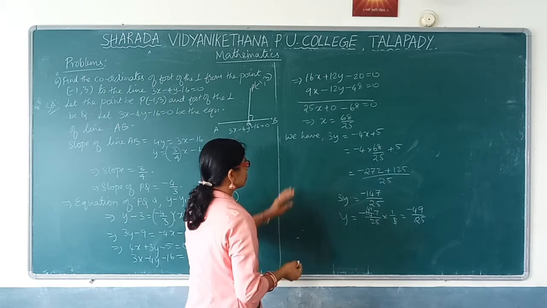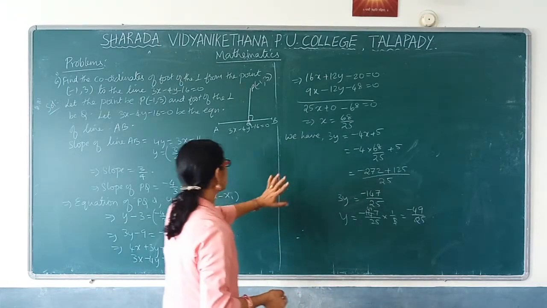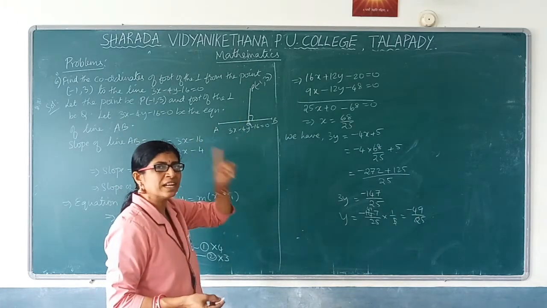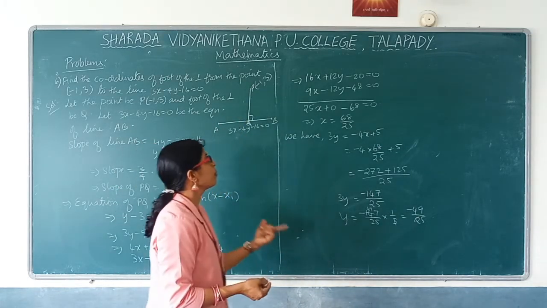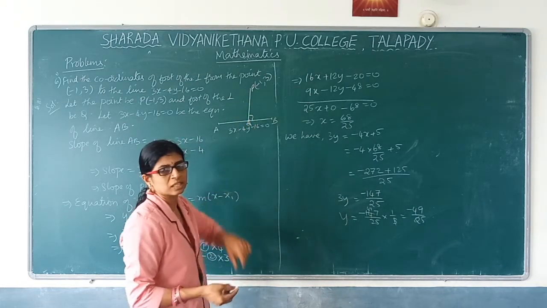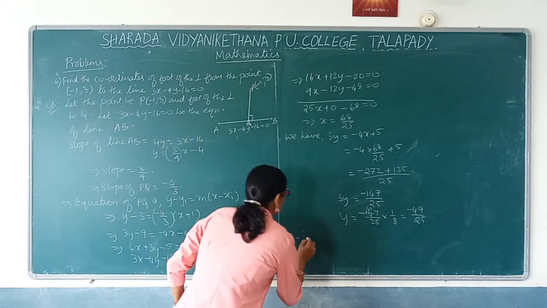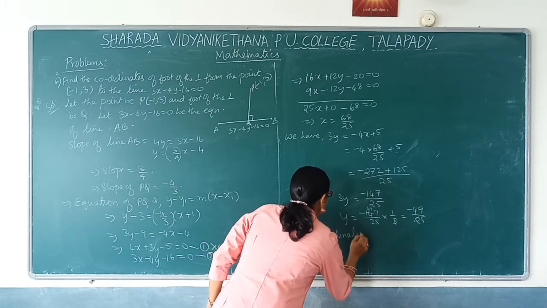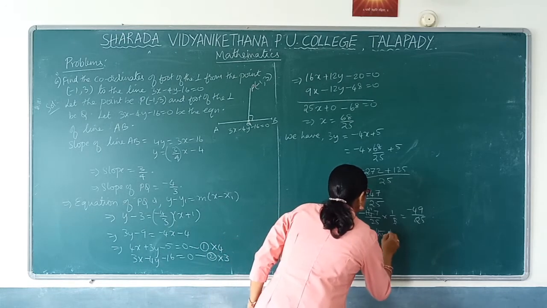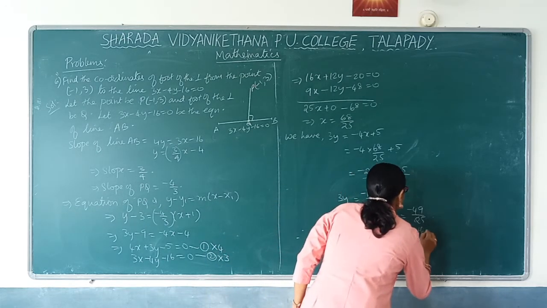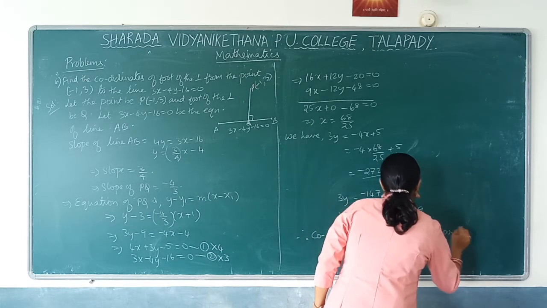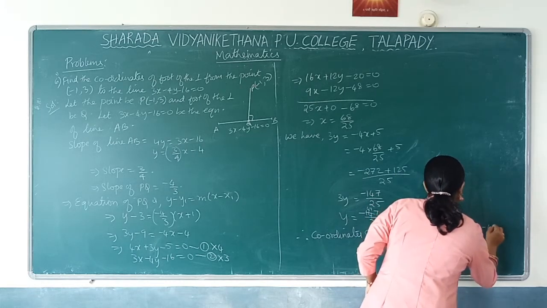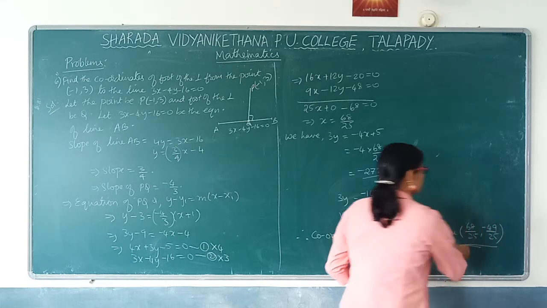Therefore, this is nothing but the x and y value which we got by solving the two equations of this line and this line. So it has to be a point which satisfies both the lines. So which is the only point which satisfies both these lines? That is nothing but the foot of the perpendicular. Therefore, the coordinates of the foot of the perpendicular are, what are they? X is nothing but 68 by 25 and y is nothing but minus 49 by 25. So this is your final answer.